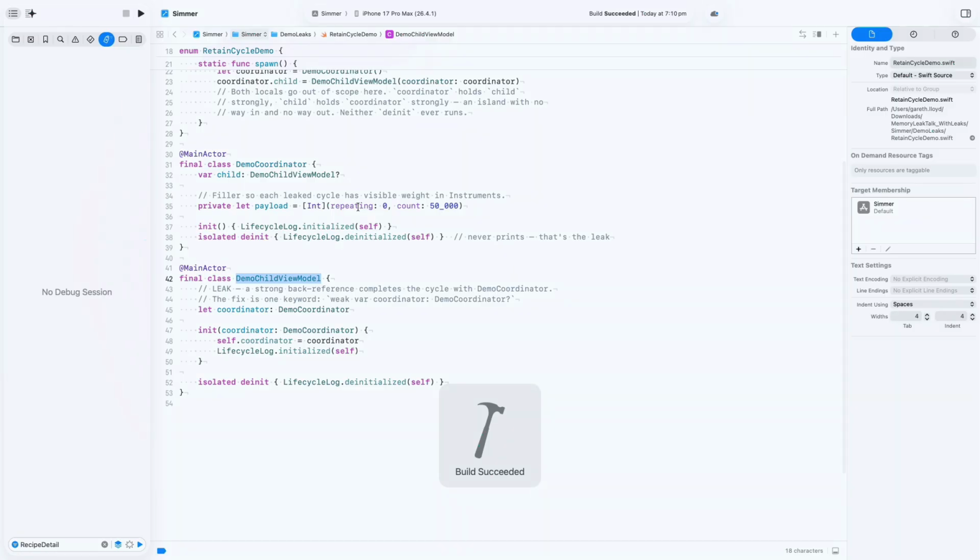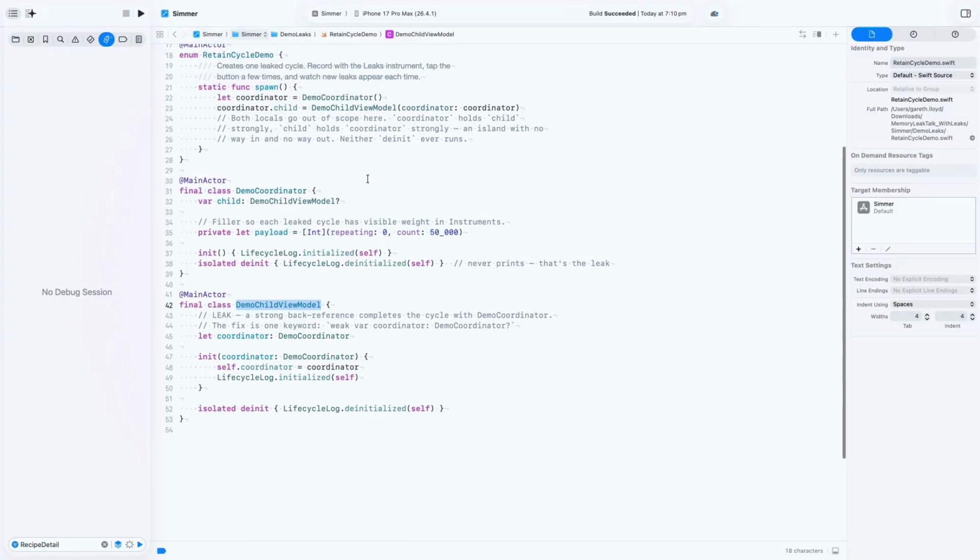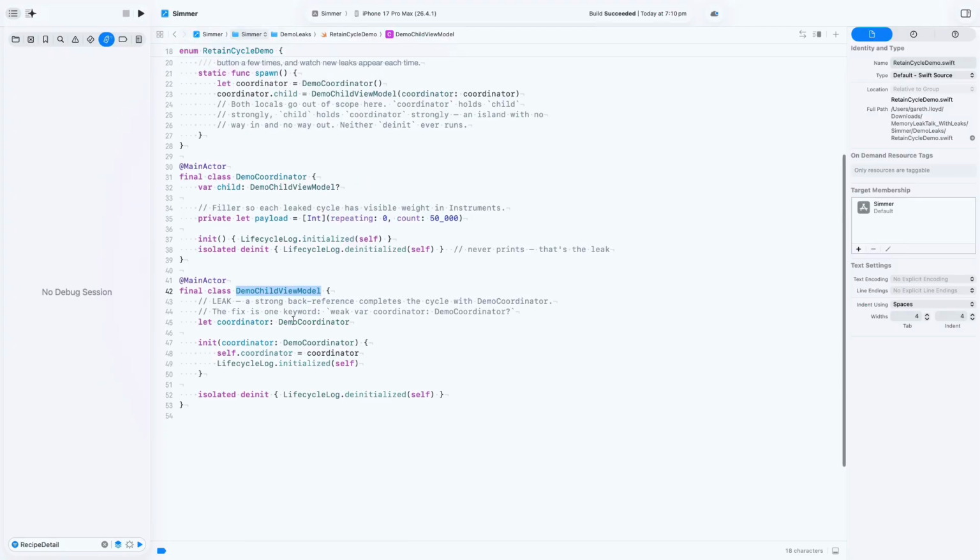So here, I've got a coordinator that creates a view model. Inside that view model, there is a reference to the coordinator. Yes, sorry, no. The view model is created with the coordinator. The coordinator is a strong reference, so that means that the coordinator and the view model can never be deallocated